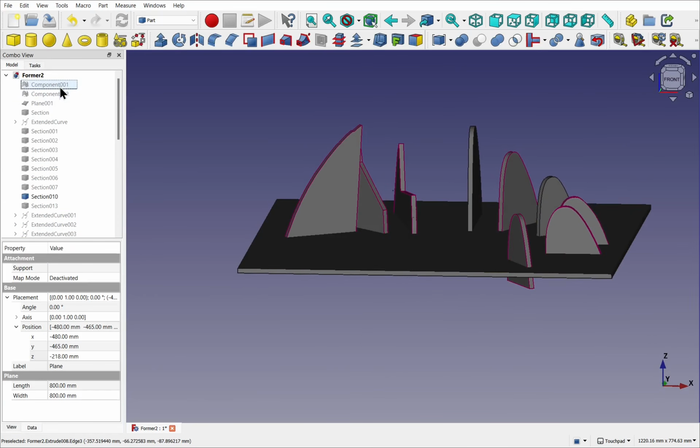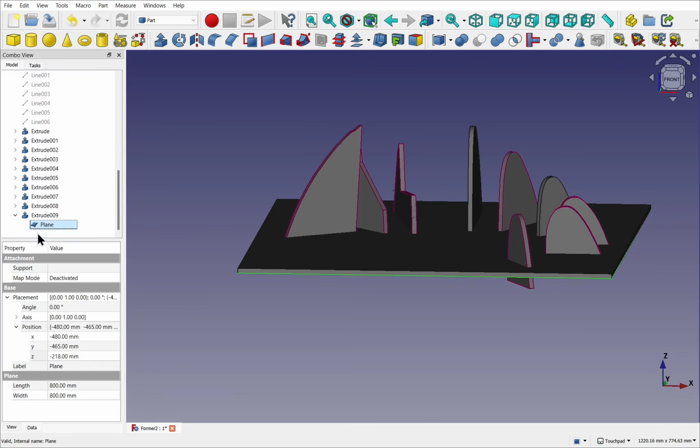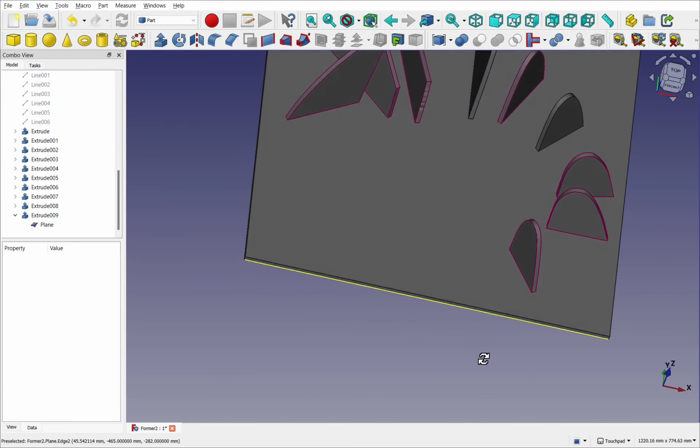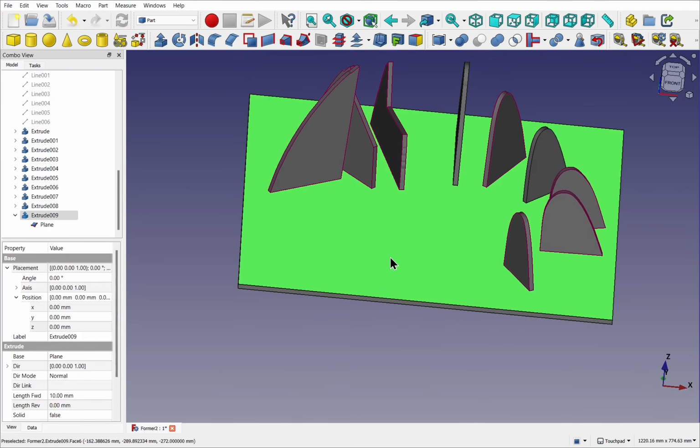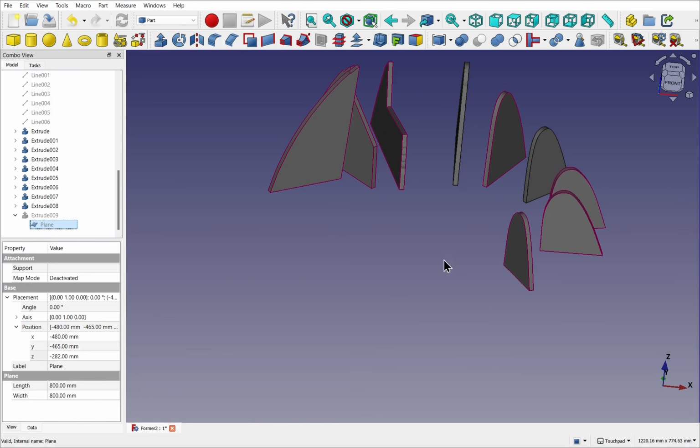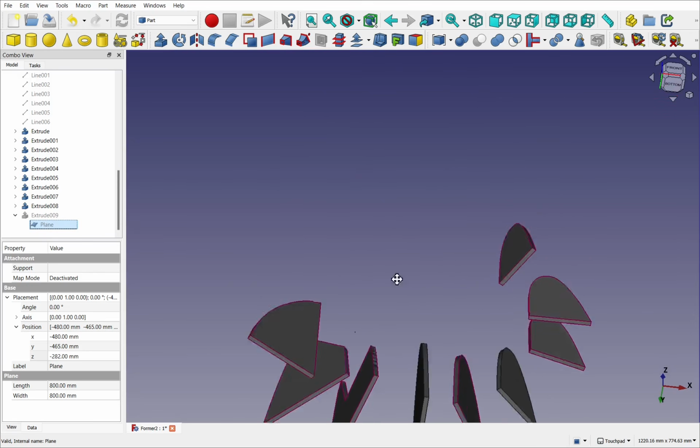I'm going to close that, and then take the plane, not that one. Let's have a look, come down to the bottom. Inside the extrude, we'll see the plane in here. Press the space bar, and we'll move that down on the Z axis. So move it down here. And click off. So we've got that there. Let's hide that plane for a second by clicking on the extrude, pressing the space bar. Also, the plane within needs to be hidden. If we look towards the bottom,